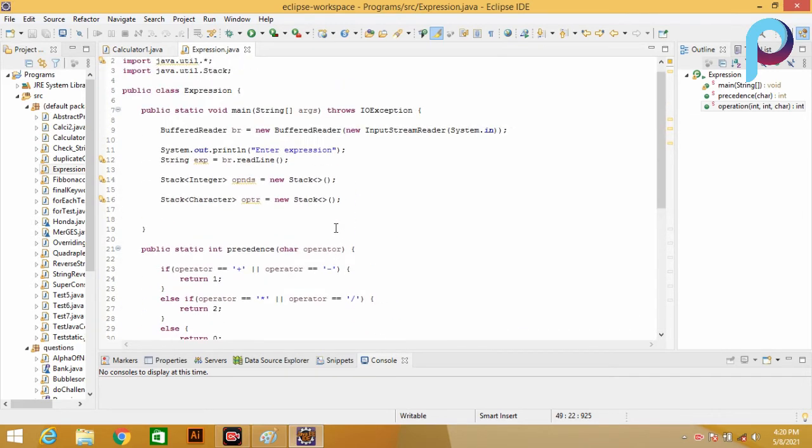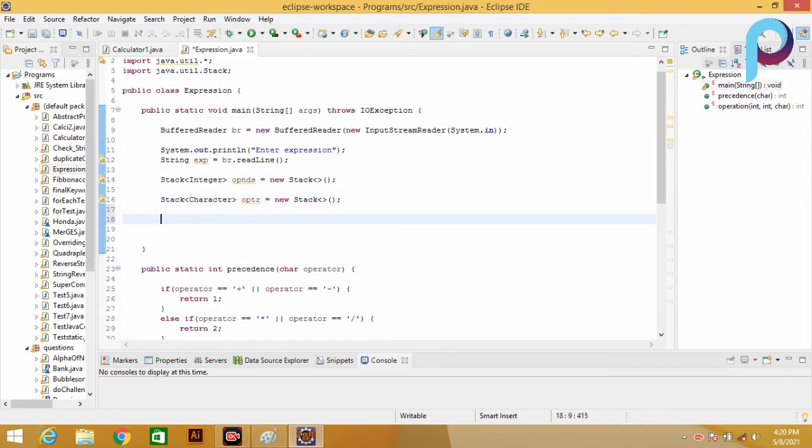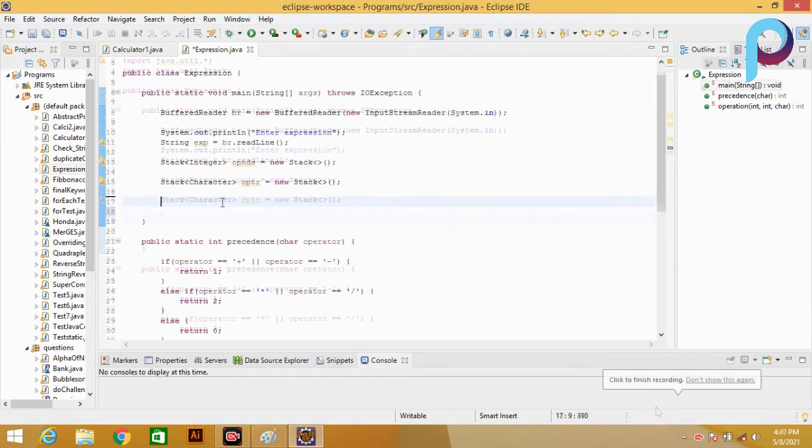So now let's write the program in the main function. So guys, now we are going to check each character of an expression and perform the operation accordingly.